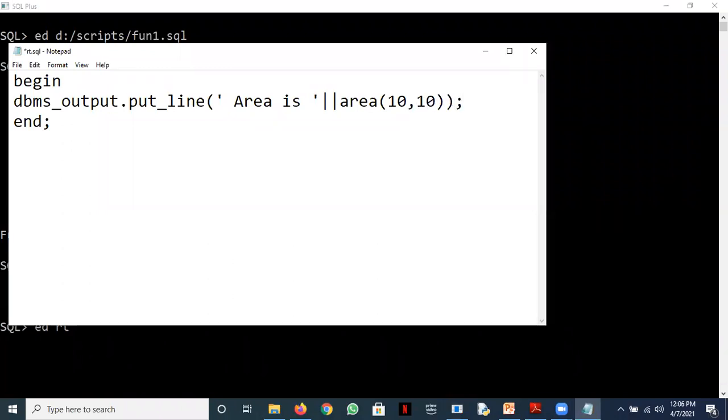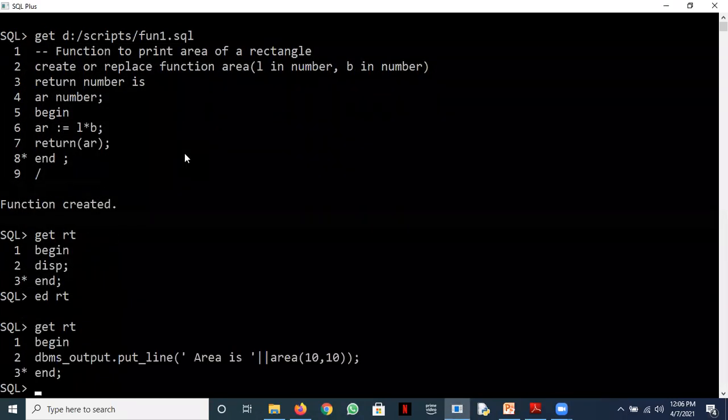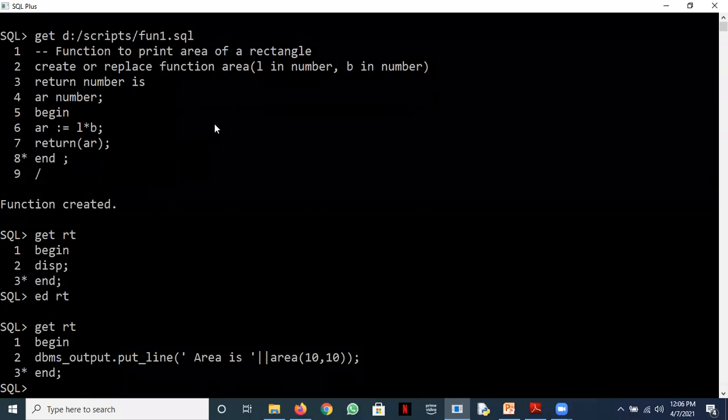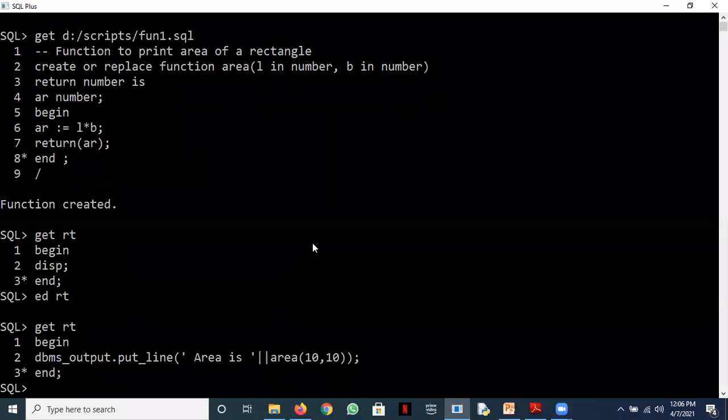I hope it's clear. I've just called this function in my print statement and passing 10 and 10 as the arguments. So if I run it, can somebody tell me what would be the output now? You can see the area function. You can see the calling function in the PLSQL block RT. I'm calling this function. So what would be the output of this?